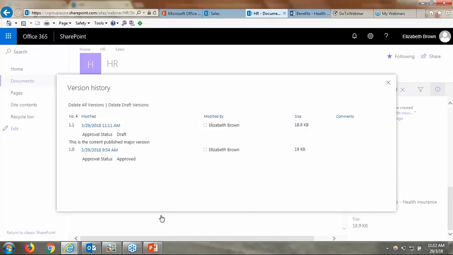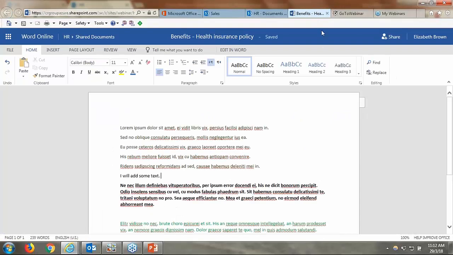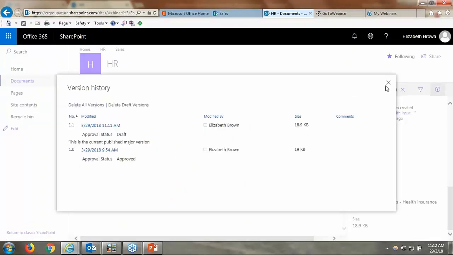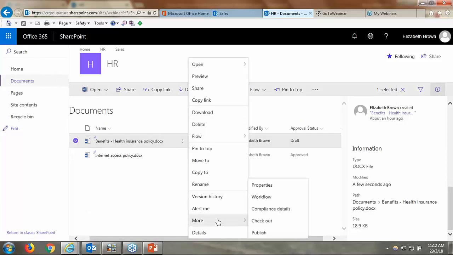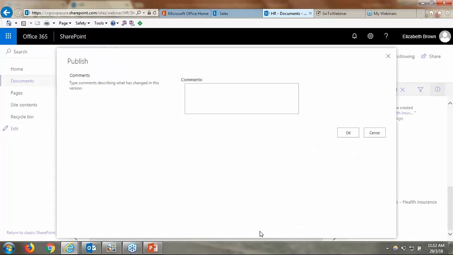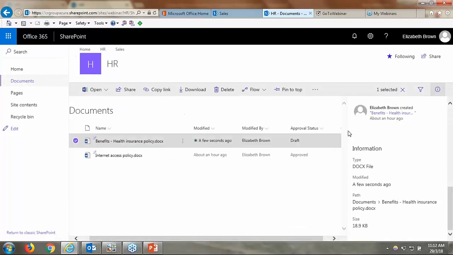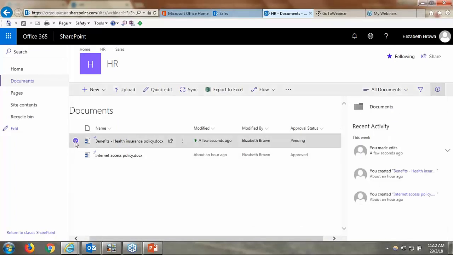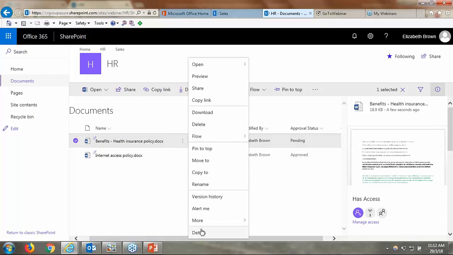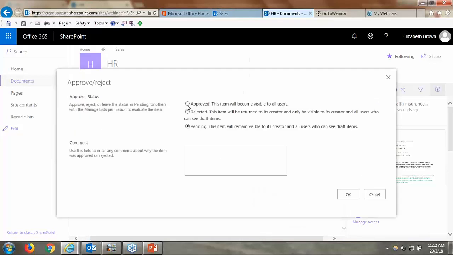So going back, we've got our little add text there, and then just close out of version history. Basically, I just come here and click on these, and I go into more, and then I can publish it. And then you just go, okay. And what that's going to do is change the status to pending. And then if you're a user who has approval rights, you can come in and look at the change and then come here and click on the more and say, yes, I want to approve these changes. And so when I click approve,